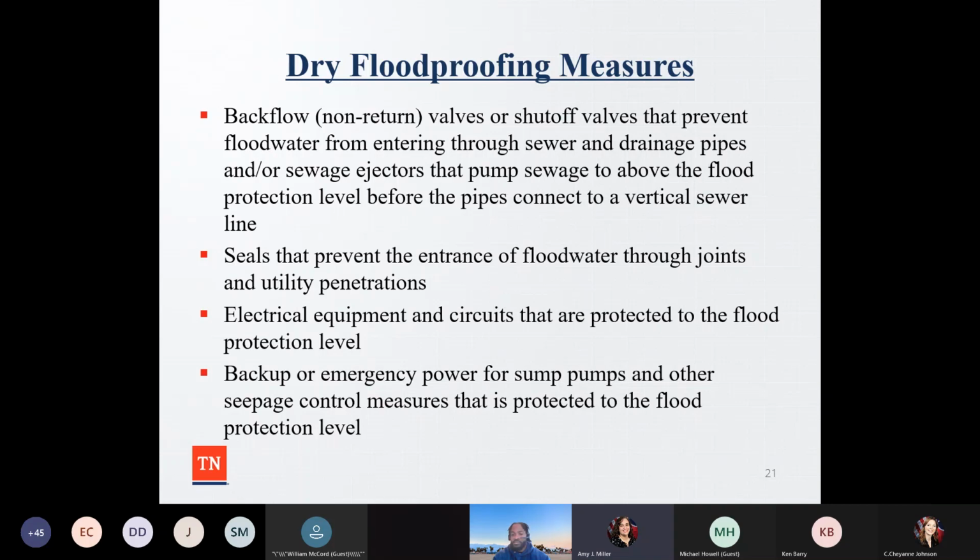Electrical equipment and circuits should be protected to the flood protection level, and making sure that if you have backup or emergency power for sump pumps and other control measures, that is protected to the flood protection level. So again, no matter what you're trying to do, the thing that you have to know is where the base flood elevation is and what the elevation is of these service utilities, and then making sure they're at or above